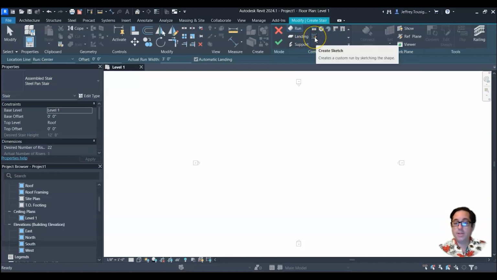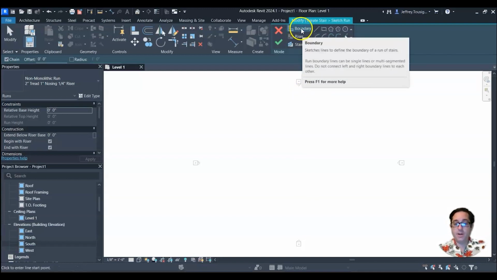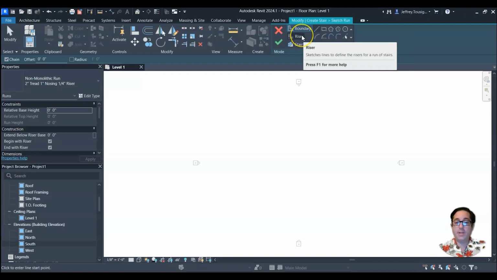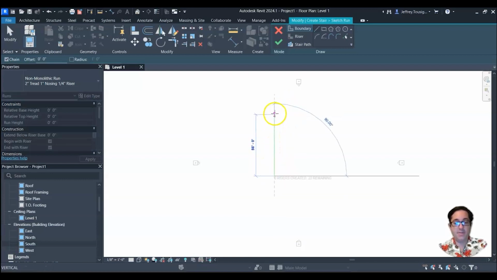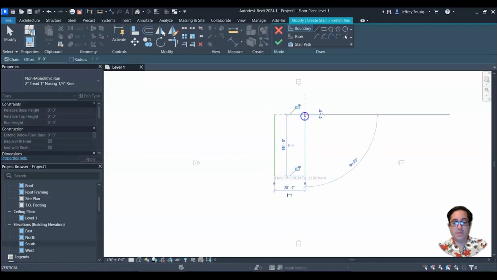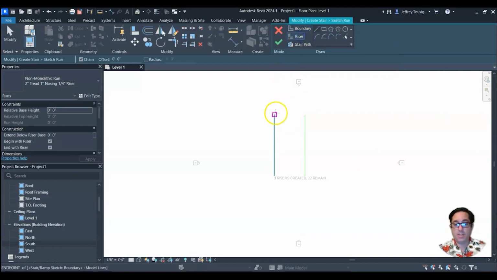But when we go into the create sketch option, you're going to see that there are 3 new options that are required in order to draw your sketch stair option. The fundamentals for these are going to be your boundary and your riser. Your boundary almost always consists of 2 lines. It's always going to be the left side of your stair and the right side of your stair. And then the risers are going to be exactly what they sound like, the actual riser parts of the stair